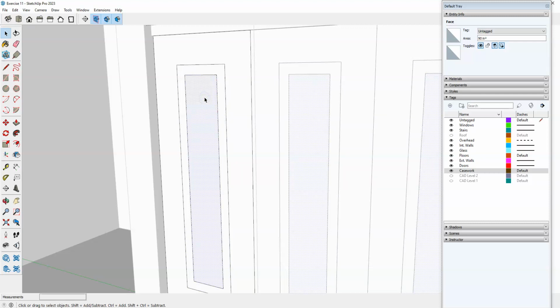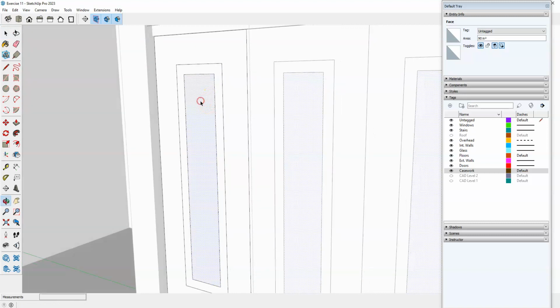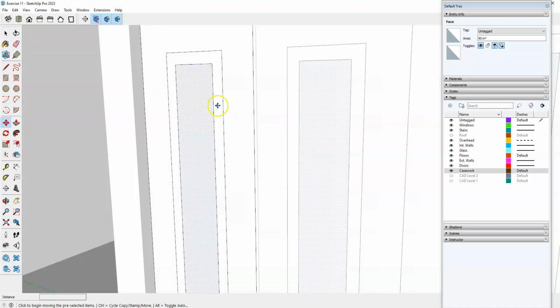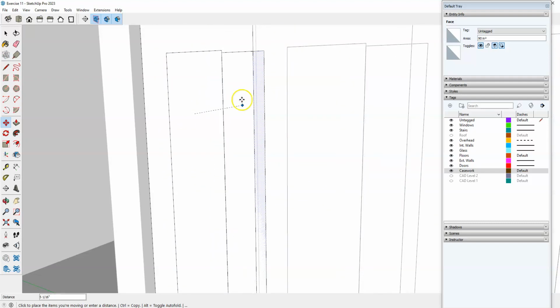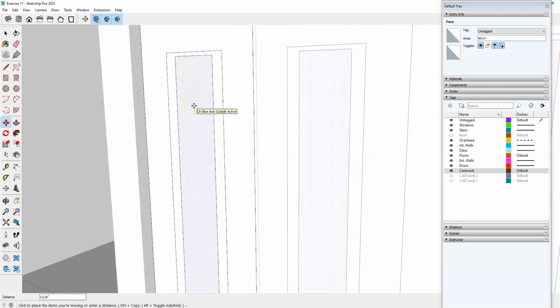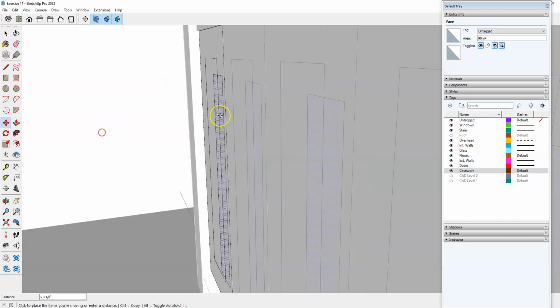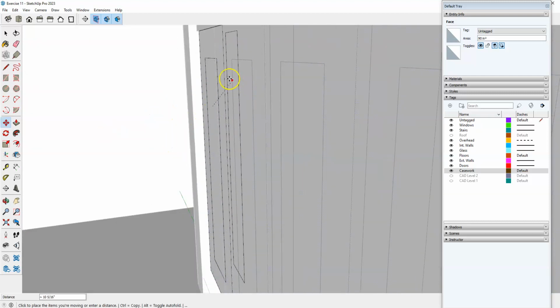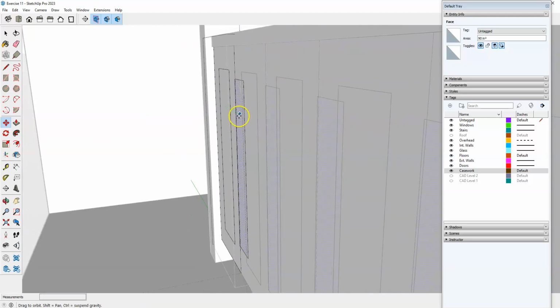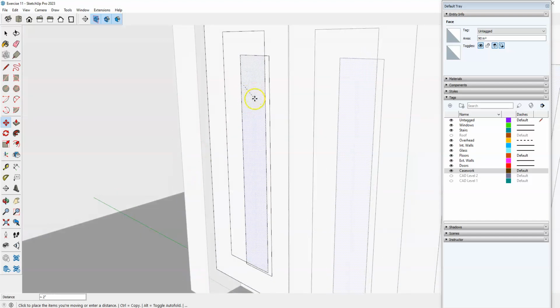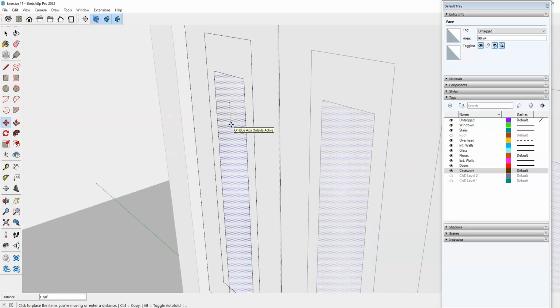So with the AutoFold, the concept was that when you try to move a surface, it'll only move in the plane that it's already in. So I can't move this plane outward at all. It only wants to stay in that same plane that it's already in. So AutoFold overrides